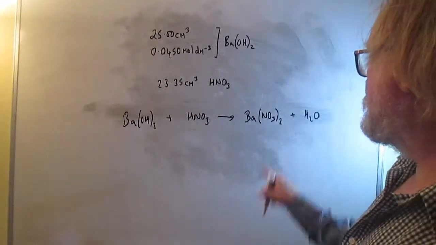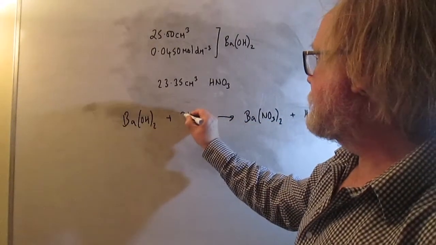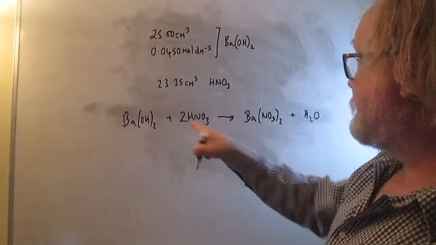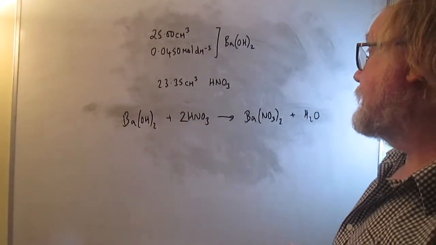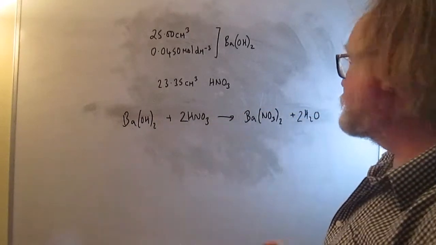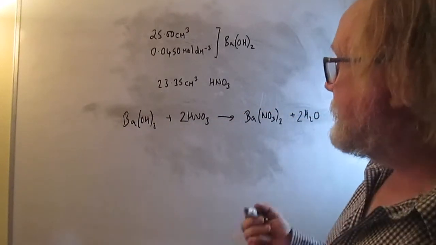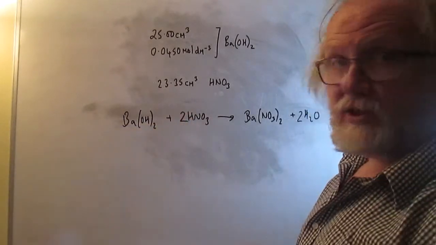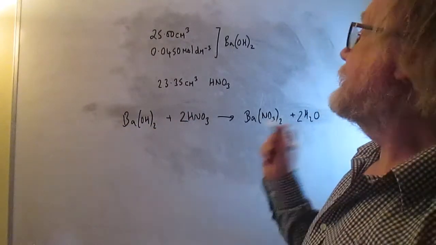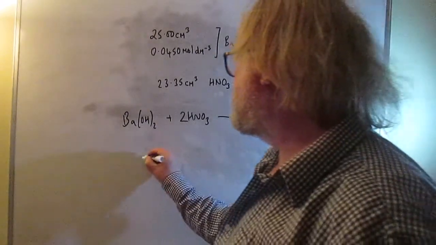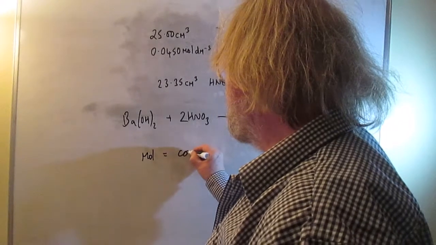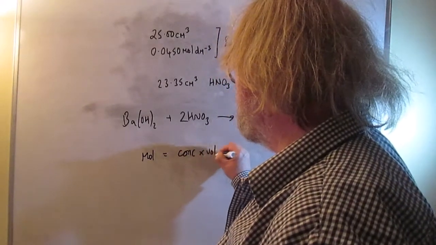And to balance that, well, obviously 2 nitrates here means you've got to have 2 nitric acids there, and that also means you have 2 waters. So that's your equation, but the only bit that really matters about that is that the moles of nitric acid is twice as much as the moles of barium hydroxide. So okay, now let's get the moles of barium hydroxide. So we get moles is equal to concentration times volume in dm cubed,